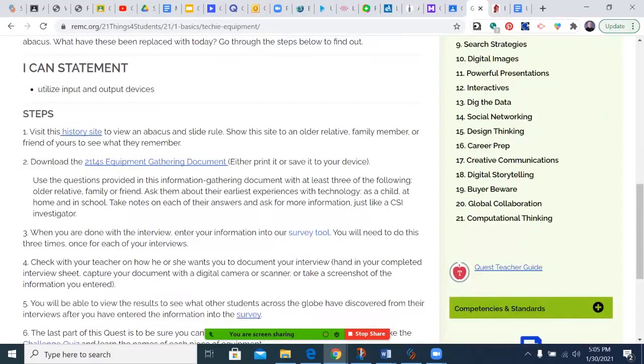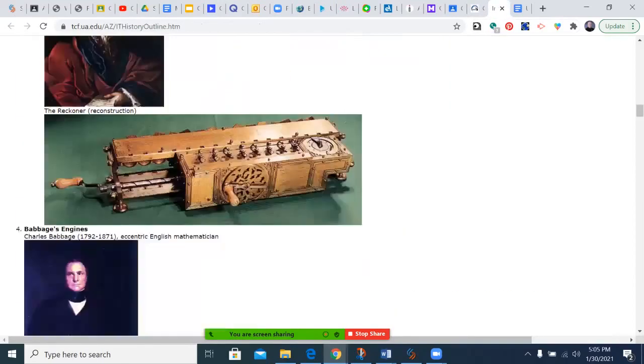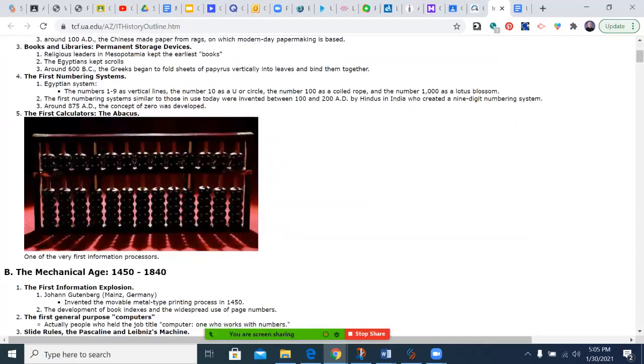And I'm going to show you some of the places these will take you, although you will work independently to do this on your own. There's a history site and I clicked it. It has a timeline of technology going back 5,000 years. At one point, writing was a new technology. Eventually, we enter into books, numbering systems,